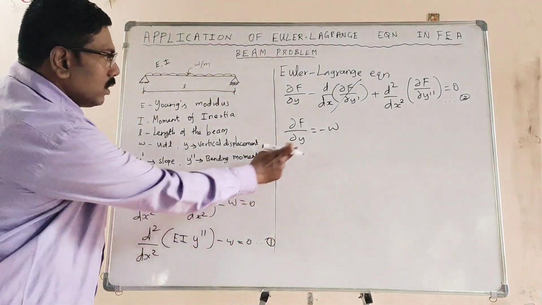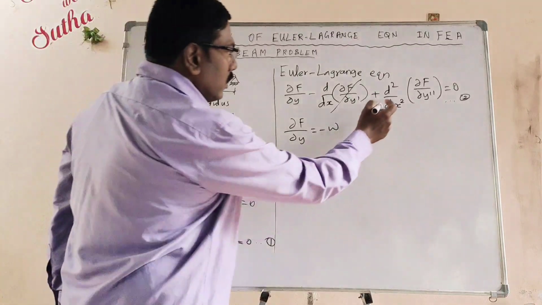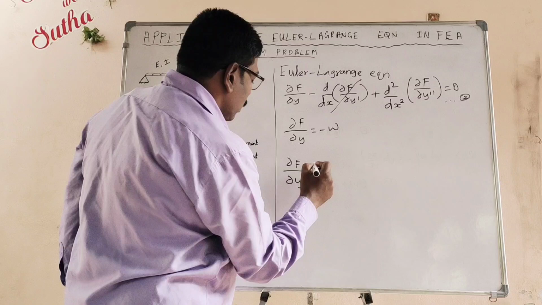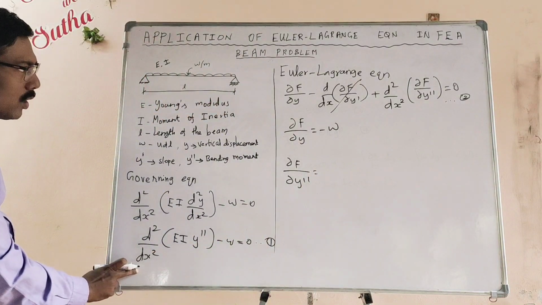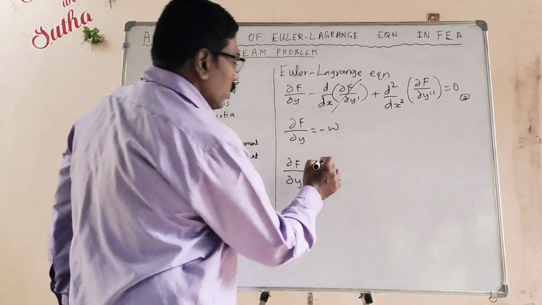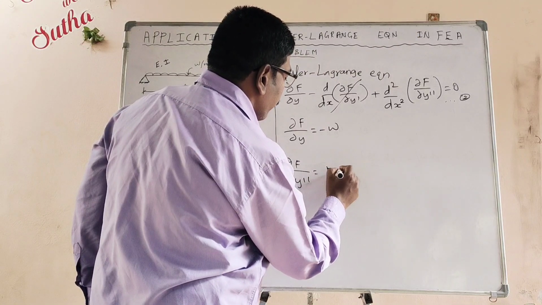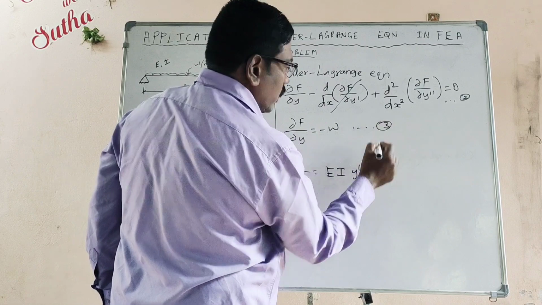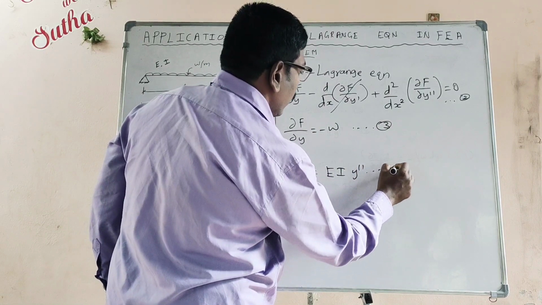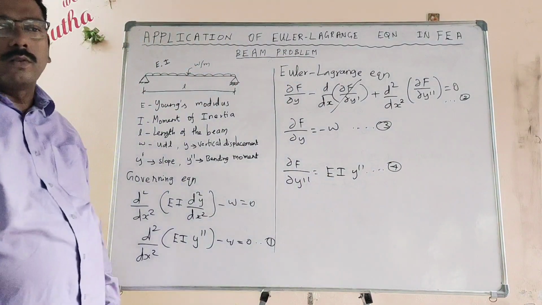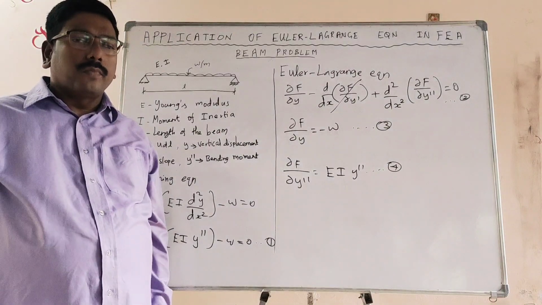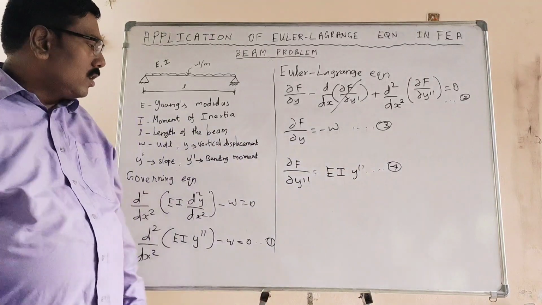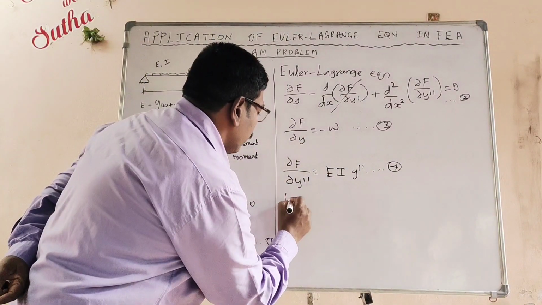dou f by dou y equal to minus W, and dou f by dou y double dash equal to d square by dx square of this term, EI into y double dash. Call this equation 3 and this equation 4. Now we are going to integrate these equations 3 and 4. So integrating equation 3,